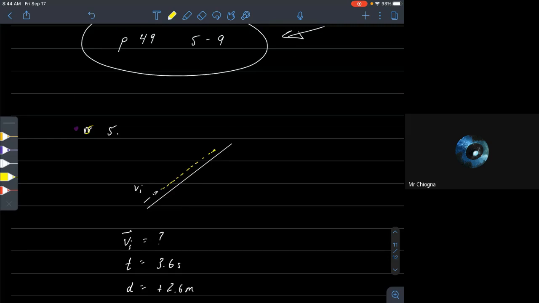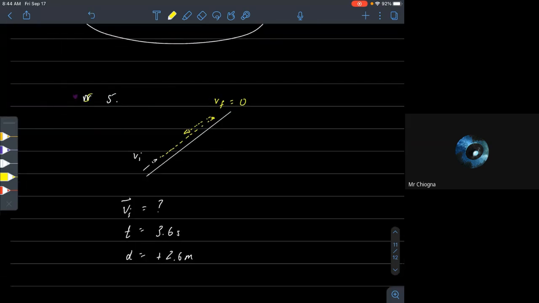Whenever something's rolling up a hill and it reaches a maximum displacement, at that point its final speed is 0. It's going to turn around, and unless something stops it, it's going to reach that point and then head back down. It doesn't matter whether we're talking upslope or